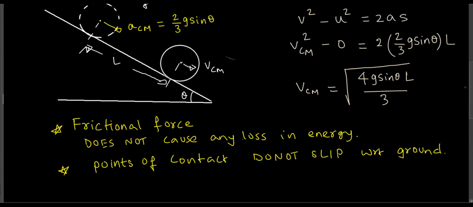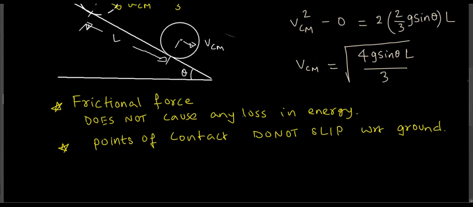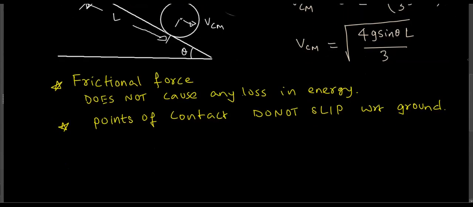So the conservation of mechanical energy can be used, but I think the calculation of kinetic energy is slightly involved. It's not difficult, but you have to keep in mind, I will write a general theorem for how to calculate the kinetic energy. The kinetic energy with respect to ground of a rolling object is made up of two things: one, the kinetic energy of the center of mass, plus kinetic energy about the center of mass. You have to keep this in mind for rolling objects.